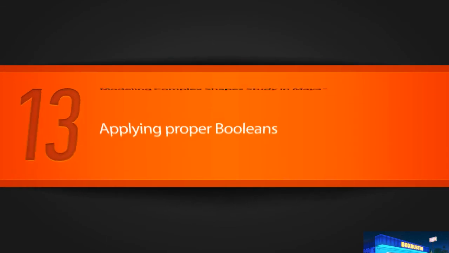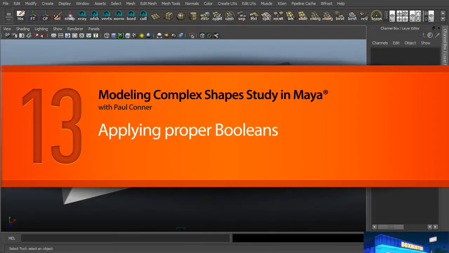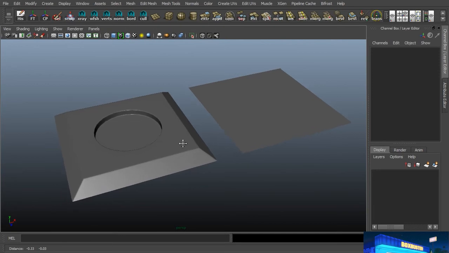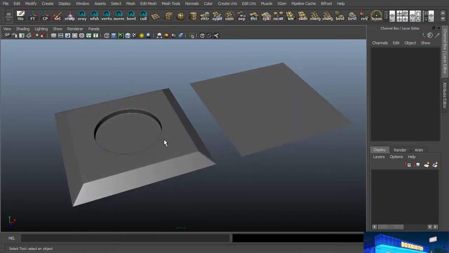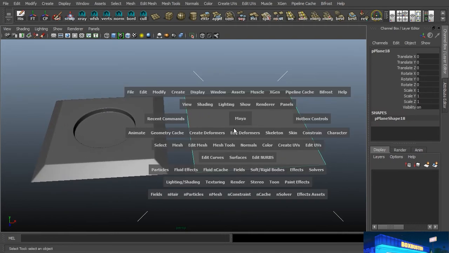In this lesson, we'll use one polygon object to cut its shape out of another polygon object. Continuing on with our little set of examples here, this one has the same basic shape that we had in the last one, but we have a circle that's cut out of the center. We'll start by just grabbing this polygon right here,